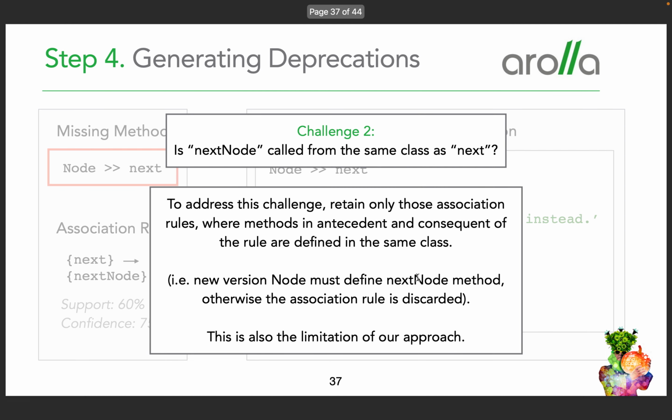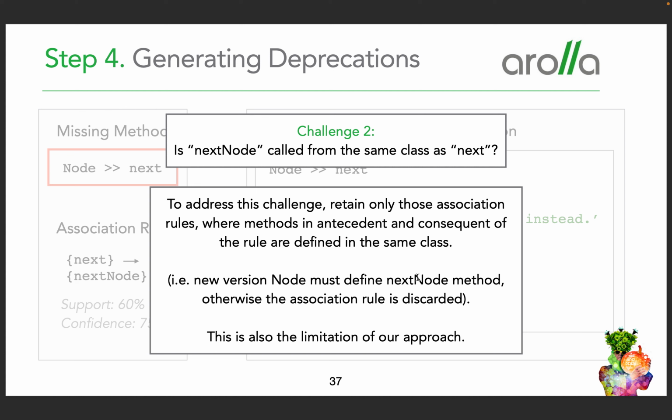Now here comes the second challenge. Because Pharo is a dynamically typed language, and this will be the same in other dynamically typed programming languages, we know that this method call was replaced with that method call, but we don't know from which classes they come. It means that, for example, we don't know if node has a method next node.